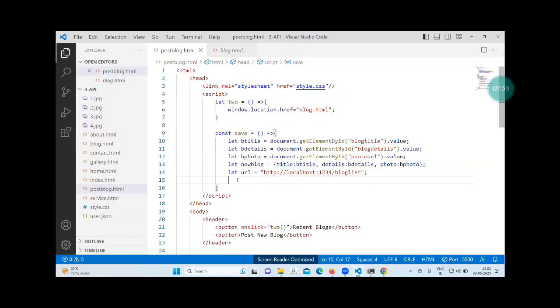URL is ready. Now come down. While posting the data to the server,